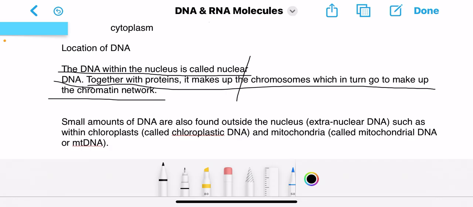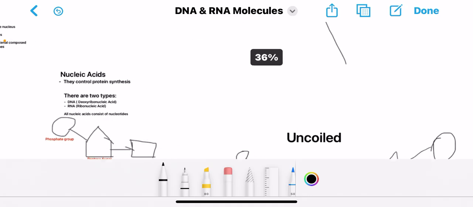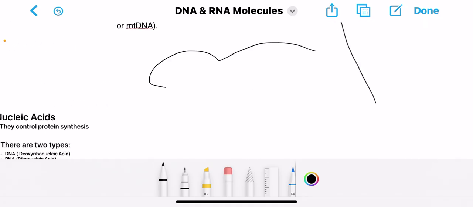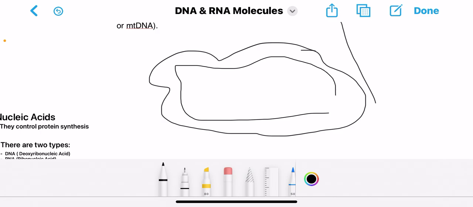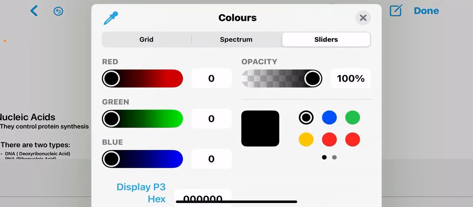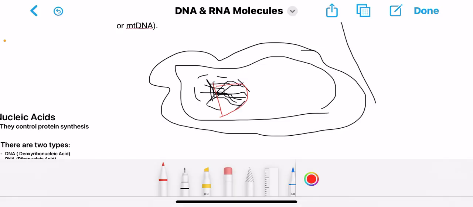Now, the chromatin network. We all know the cell body. Let's say this is the cell body, and we have the nucleus here. There is some entangled material inside, which we call the chromatin network, inside the nucleus. Now, in this nucleus, we find what? Our DNA. That's where we find our DNA